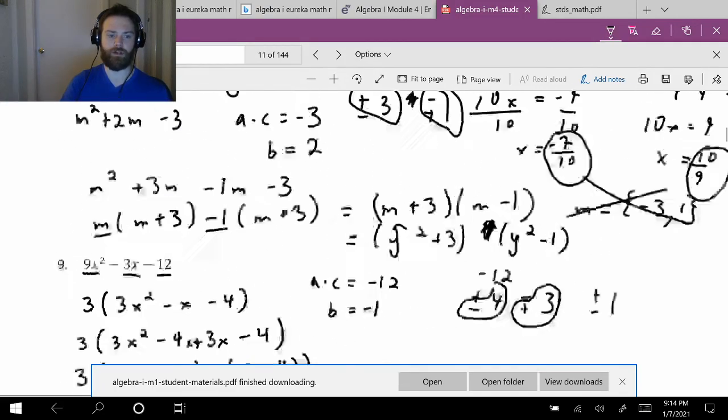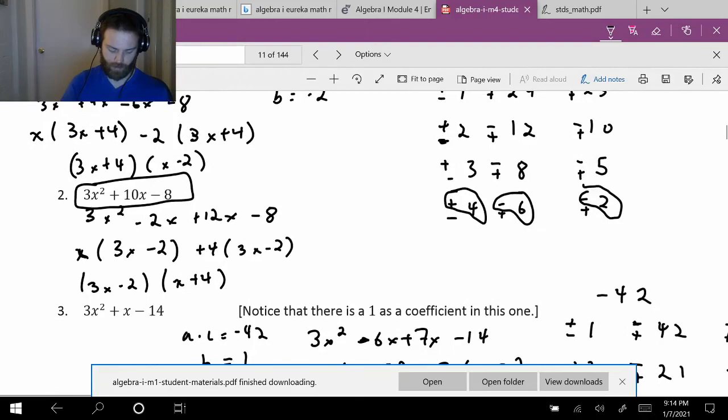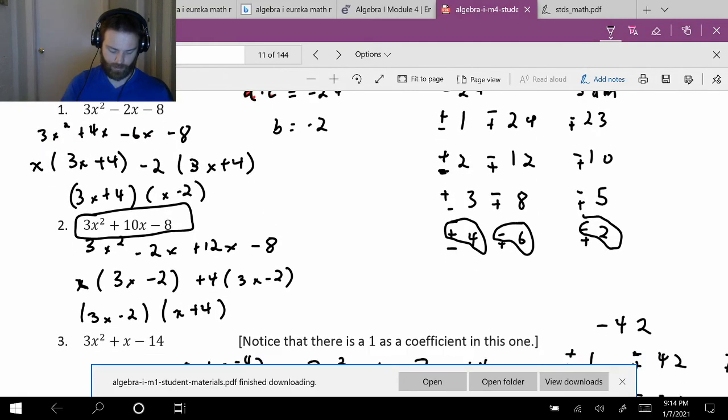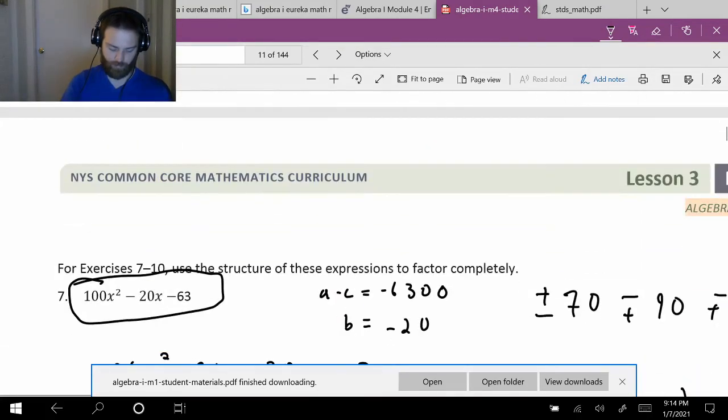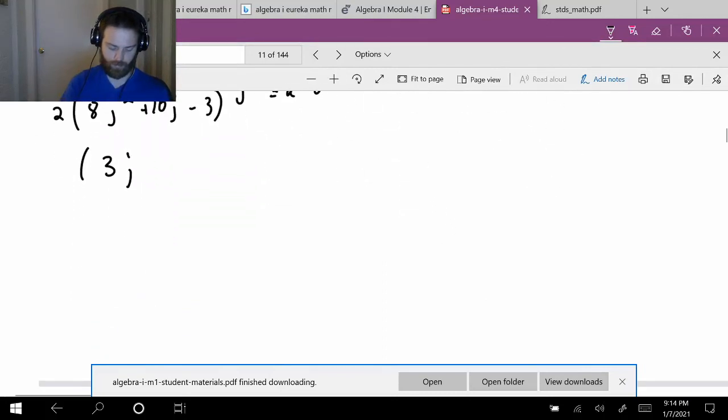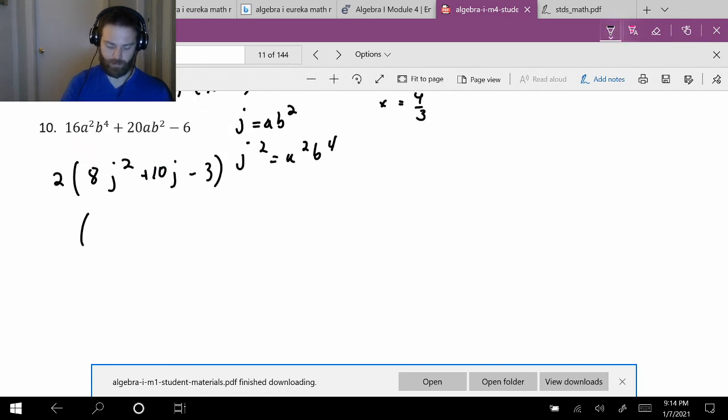So let me make sure. That was a negative 3 at the end, right? It's not a negative 3 at the end. I'm just off my rocker. I thought I was really close to cheating that one out, but I can't. I can't cheat it out. A times C is negative 24. Okay, A times C is negative 24. And B is